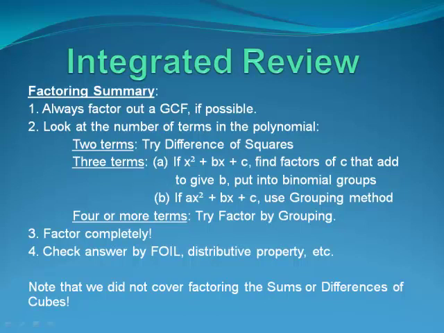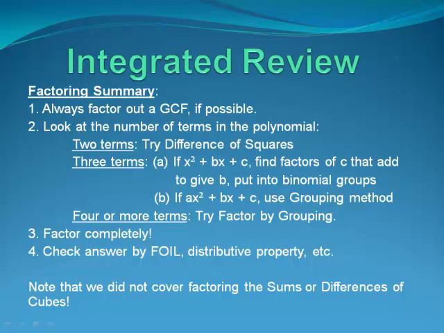Factoring summary. Your first step is to always factor out a greatest common factor if possible. Second step, look at the number of terms in the polynomial you're trying to factor. If there are 2 terms, try the difference of squares. If there are 3 terms, look and see if it's one of the easier trinomials, x squared plus bx plus